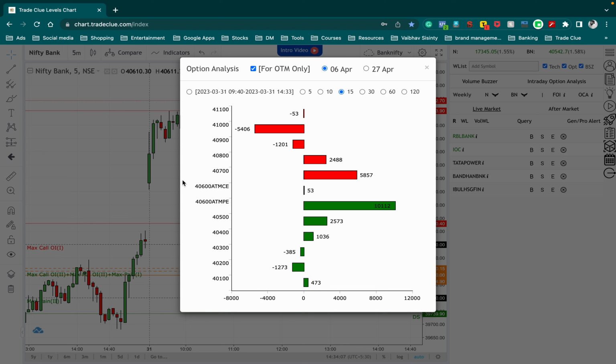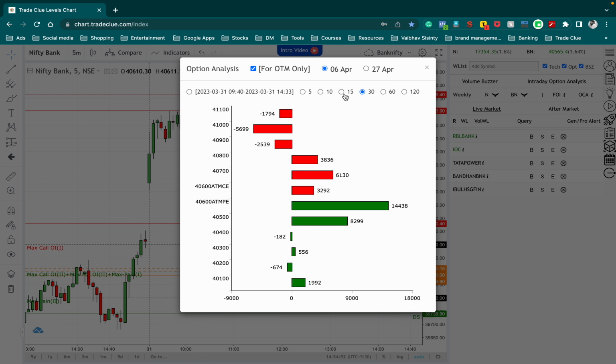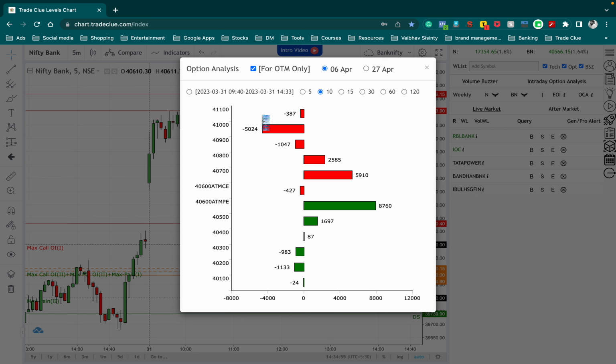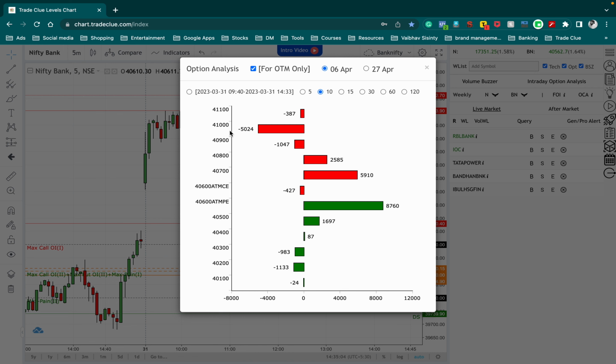So I need to trade accordingly, which will help me depict the current direction, or the current upflow or downflow in a particular index at a given point of time. So when you click on these 15, 30 and 10, you can understand that there are certain negative numbers as well as positive numbers. These negative numbers show that the option writers are exiting those particular strike prices, and more build-up is happening on the side where it is a positive number.